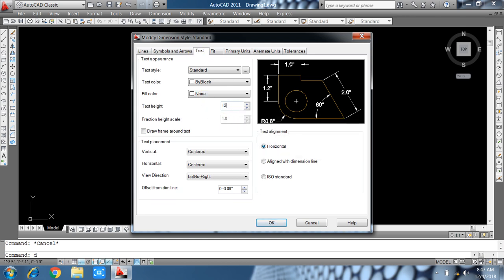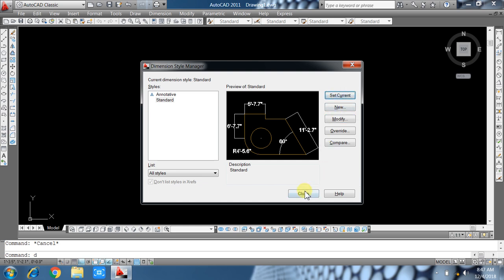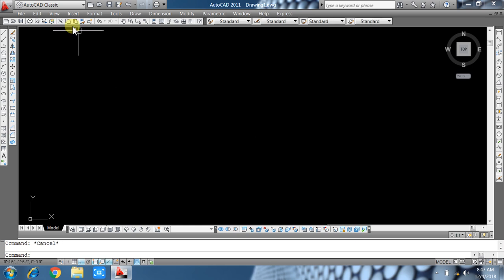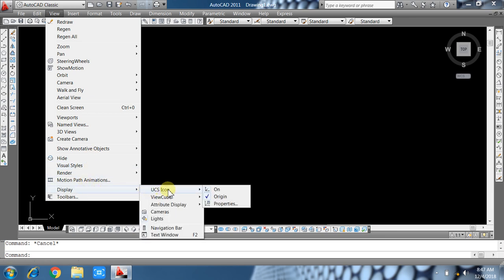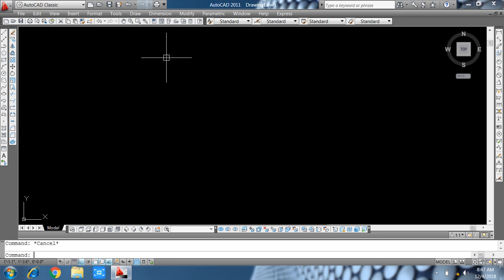Now friends, go to view and display UCS icon at the origin. Now friends, we select our country units. If you are in USA or other countries, then you will select centimeter units. I will select foot pound system units.